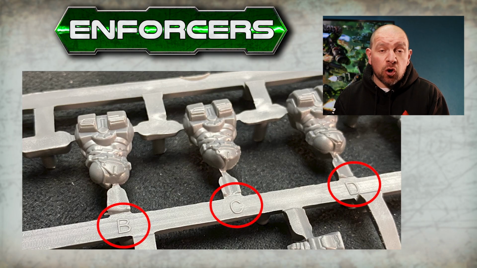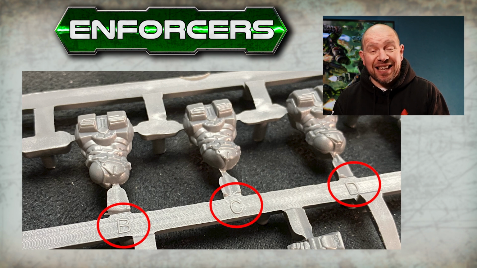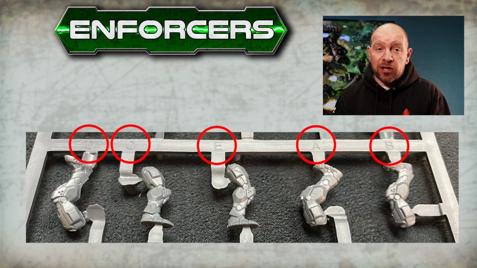movement and measuring ranges. As with the Peacekeeper models, the torsos and legs are matched with letters A to E on the sprue, so make sure you clip and build them one model at a time so as not to mix them all up. Also, these models will all go on the 25mm round bases, and if you're new to